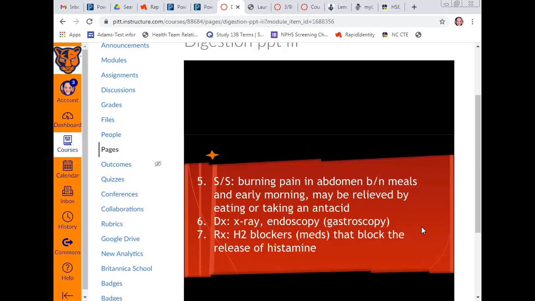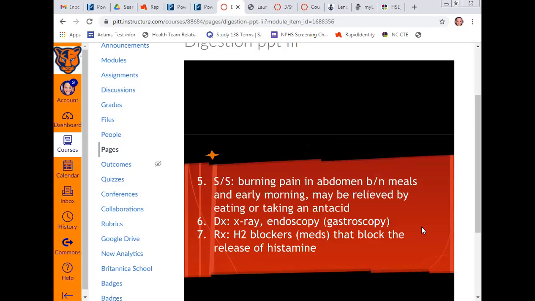Healthcare workers, you can start asking questions. Well, is the pain worse when you wake up in the morning? Does the pain get better when you eat a meal? Remember on Friday, I told you that a meal or an antacid like a Tums or a Pepto-Bismol is kind of like a Band-Aid on an ulcer. So when you eat or when you drink Pepto or take an antacid, it puts a Band-Aid over that wound